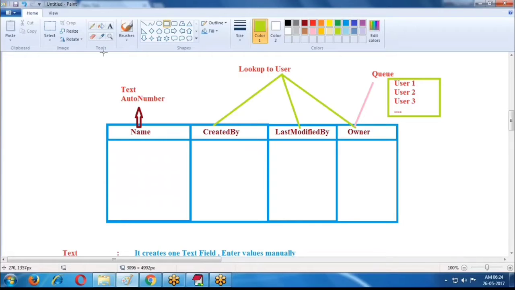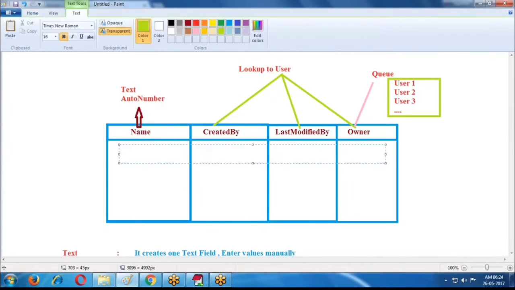So here, one record is being created. Kiran is the record. Created by Rajendra Nath, last modified by Rajendra Nath.